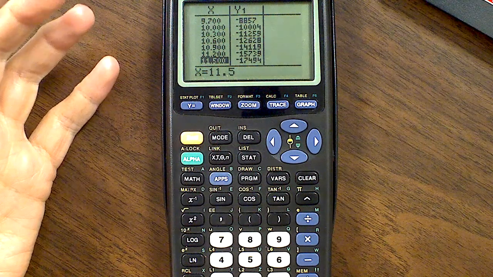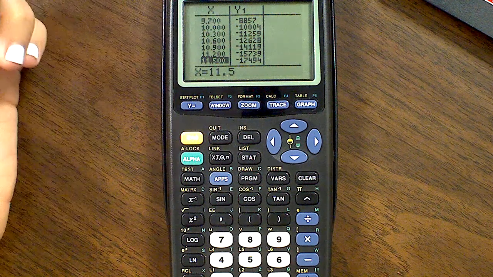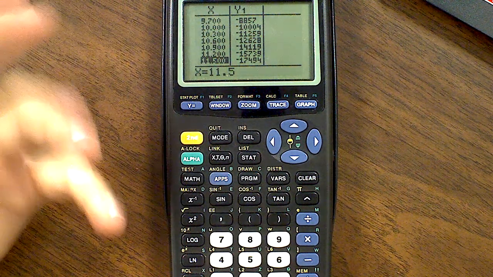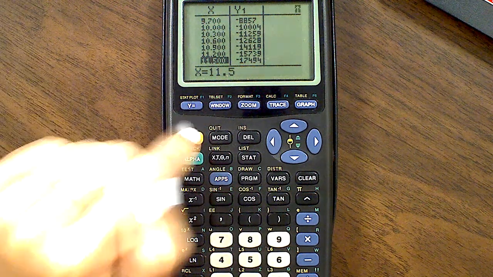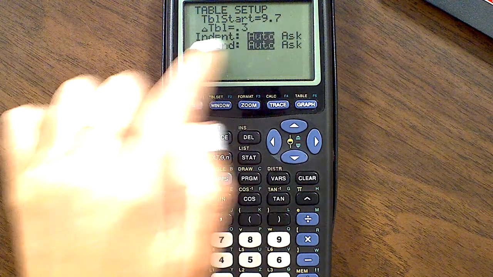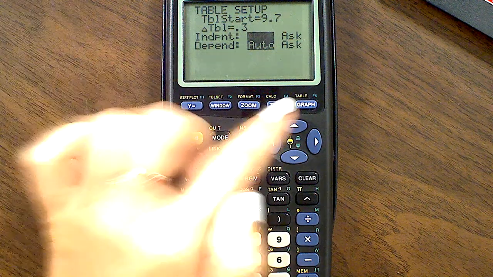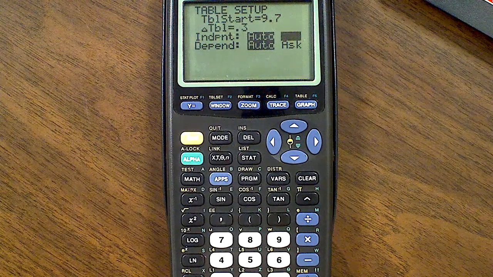But in most cases, we want a very specific set of x values. And so if you're like, well, I just want to make a table with like 3 points, but the 3 points aren't evenly spaced, there's a setting for that. So if we go to second table set, we're going to scroll down to independent. And remember, independent just means x values. And it should be set on auto, but if you click the right arrow, you can change it to ask